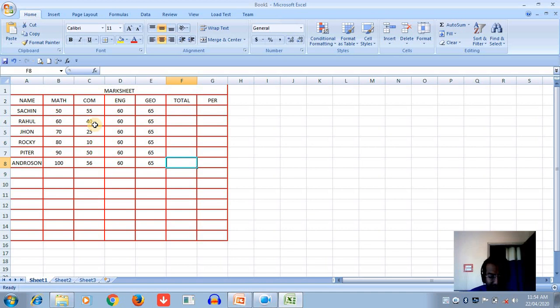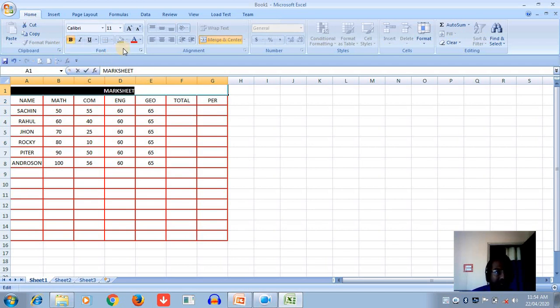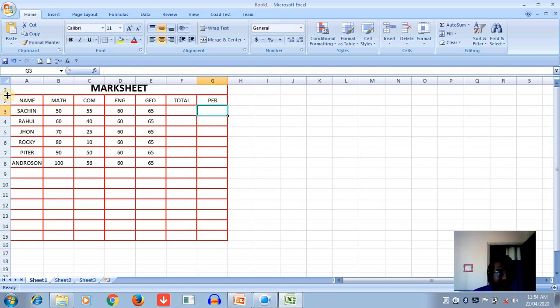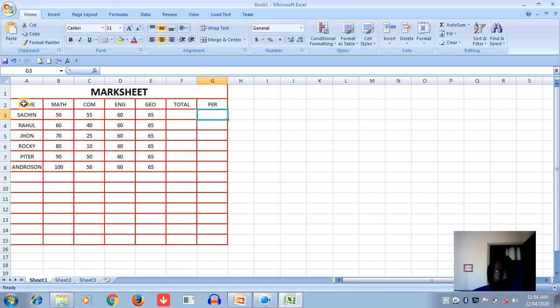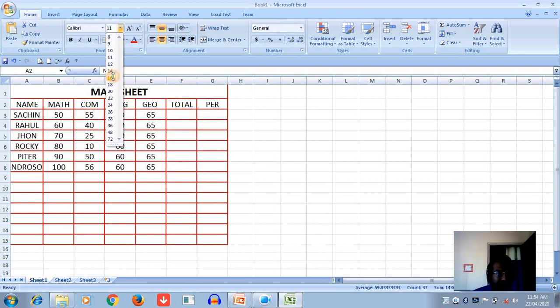Now applying the other format features in the worksheet, like first you select the text. First you select the text and click on the bold option and put the size like 20. Okay, and here if you double click on the cells, this can be adjusted, and after you also increase the size. If your text does not fit in the cell because the text length is long, then if you double click here, it automatically adjusts.